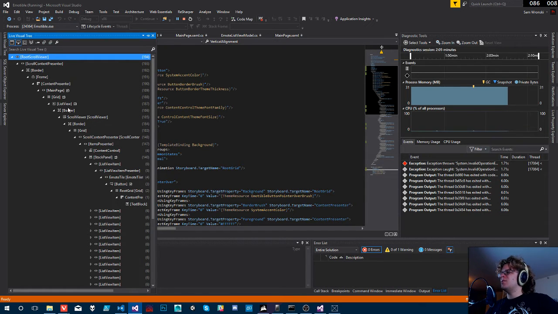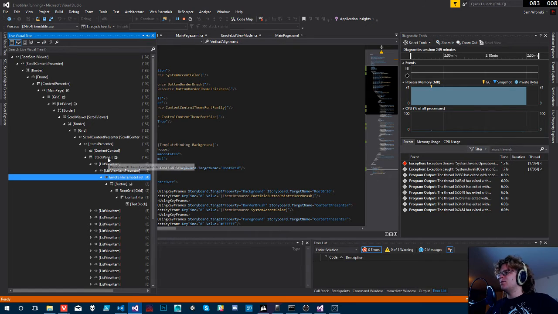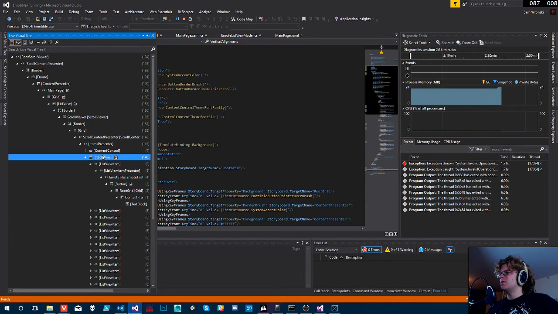So some of this stuff is not stuff we added. This is all coming from the platform. But some of the stuff we know. The button, we know. We added that. The emote tile, we created that. That's our thing. So it looks like it's defined in main page. Okay, so this